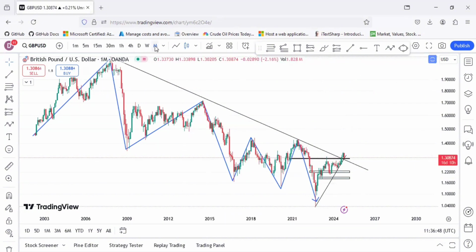Now let's look at what is happening on weekly. Before I continue, there are time frames that you need to know in your analysis. Most of the time, I use 3 time frames for my analysis. Some people use all the time frames, some people use 2, some people use 1. But I use 3. The first one is for me to know the overall trend, the second one is for me to execute,